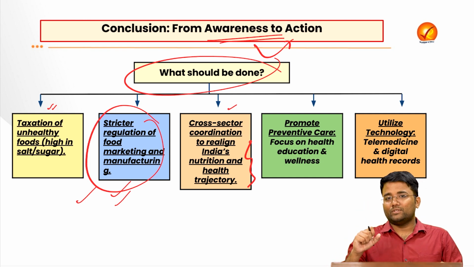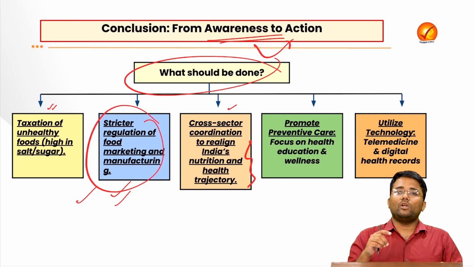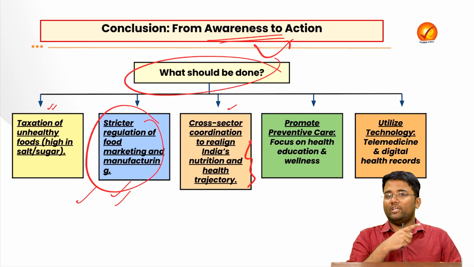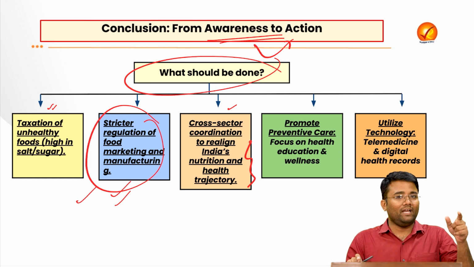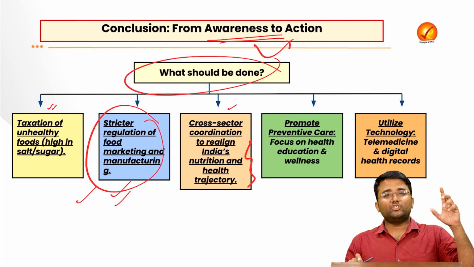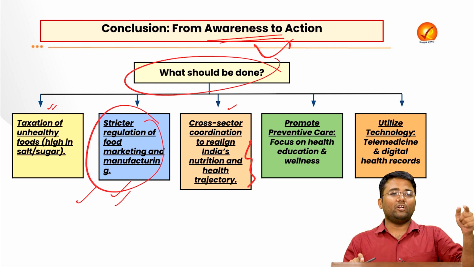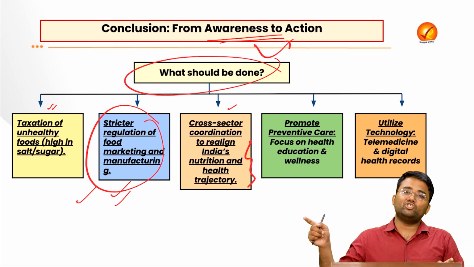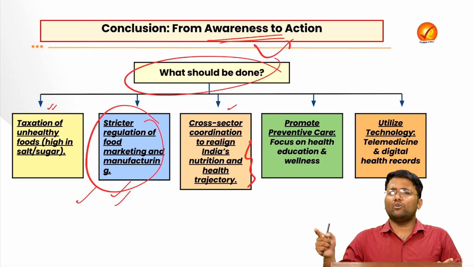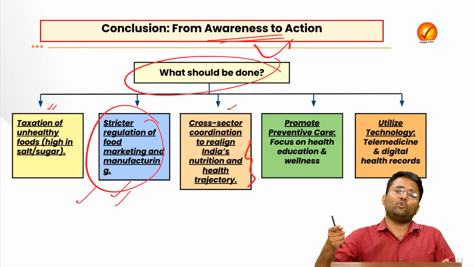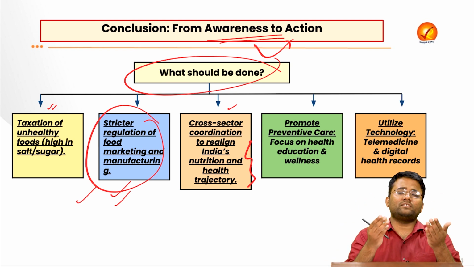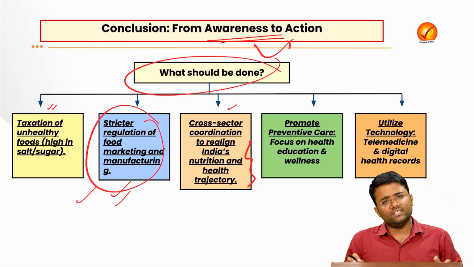policies are not in silos, rather there is proper intersectoral coordination, which was also witnessed in the Saudi Arabia model, where we have seen it was successful because of intersectoral coordination. On one hand, if the Ministry of Health is promoting the Eat Right movement or Eat Healthy, on the other hand, if the Ministry of Food Processing Industry is also providing some support to the industries which are shifting to healthier products, obviously this is an intersectoral or interministerial coordination that we are witnessing.